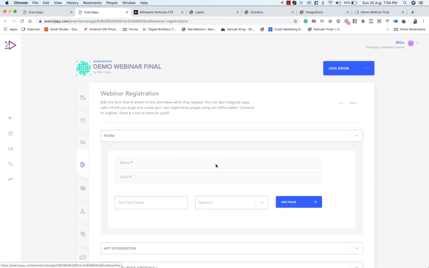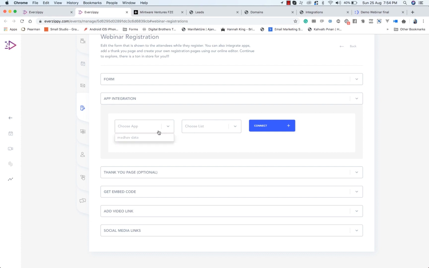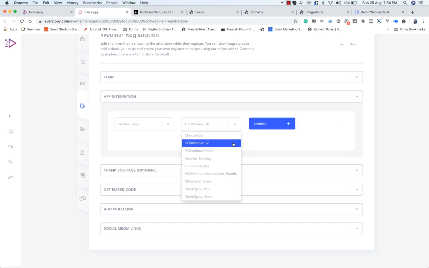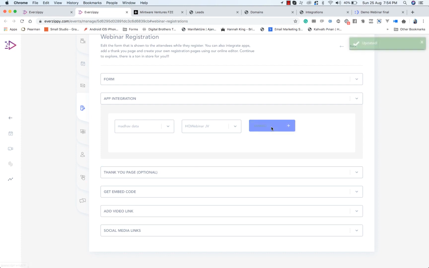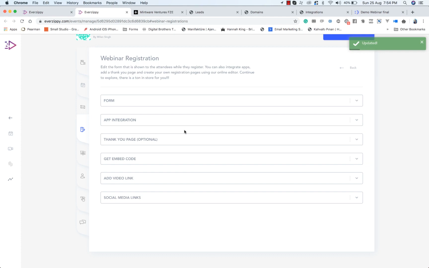Whenever somebody gets registered, I can choose, let's say, this list, and this user will be added to this list automatically. I click on connect, and here we go. That's how you can connect an app.